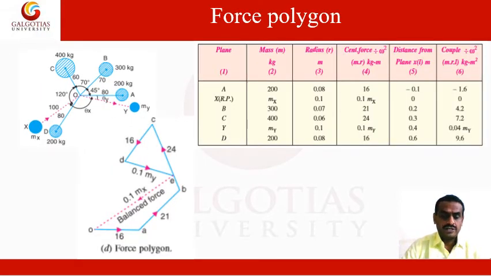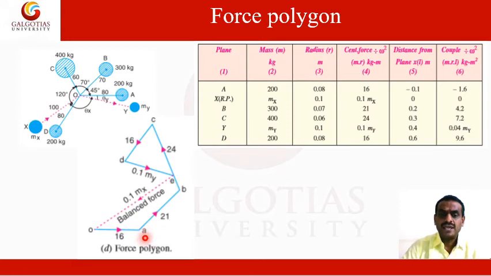Now we go for drawing the force polygon diagram. These are the four centrifugal force values. The first mass is the A mass, which has a value of 16. We can take some scaling and draw the force polygon diagram. Mark a point O. From the O point, draw a line parallel to the A mass. The A mass is horizontal, so draw a horizontal line of value 16. Then mark a point A.